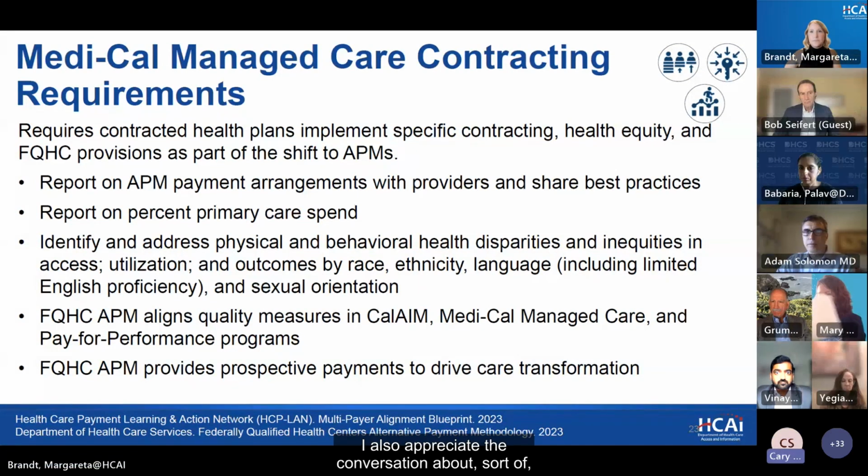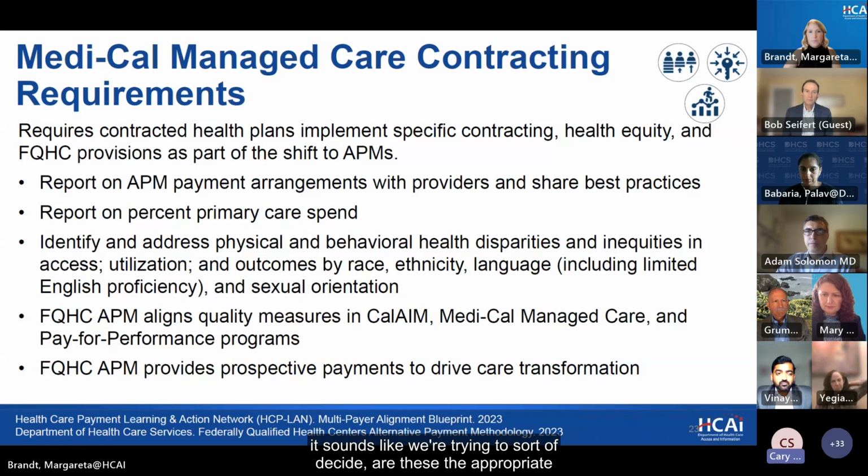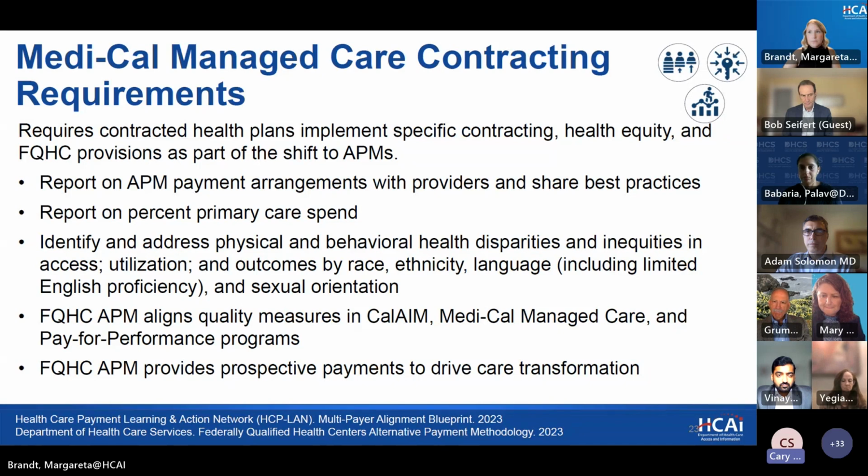Yeah, I also appreciate the conversation about what OHCA's charge is here. And I guess I'm just curious, and maybe it's early in the conversation, but I know we have the HCP LAN categories, and it sounds like we're trying to decide: are these the appropriate standards? Do we need to add other standards? I want to affirm that's the question that we're asking. And if that is the question, are we